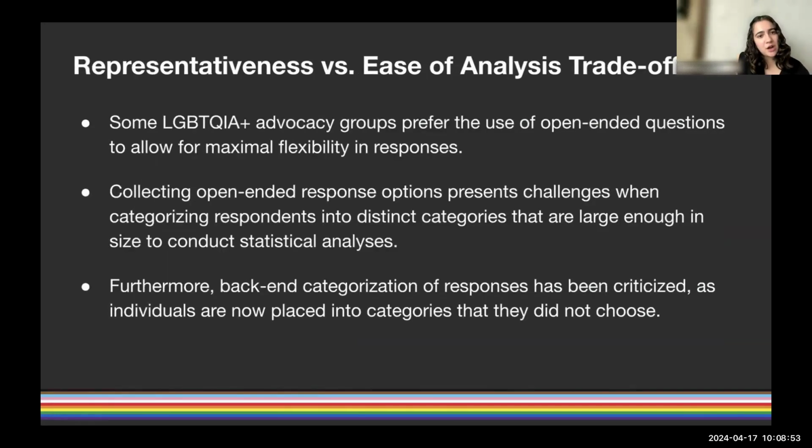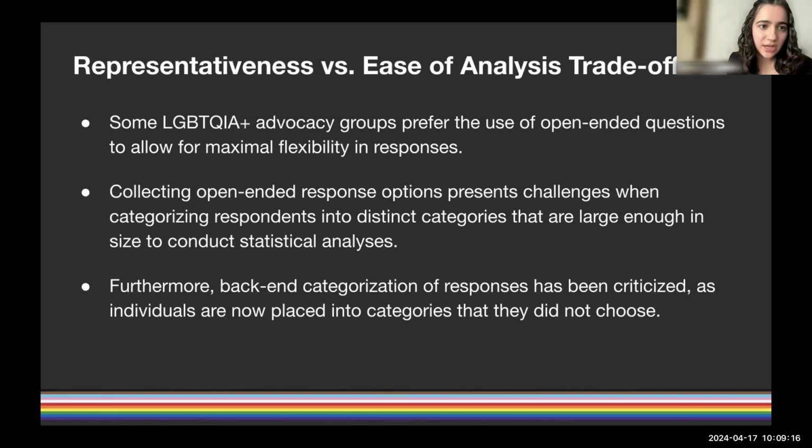So there's the straight opportunity, representativeness, and ease of analysis, right? Some LGBTQI plus advocacy groups prefer to use open-ended questions to allow for maximal flexibility in responses. That would just be like, what is your gender? Blank option, and you just fill in whatever you want. However, collecting open-ended response options represents challenges when categorizing respondents into distinct categories that are large enough in size to